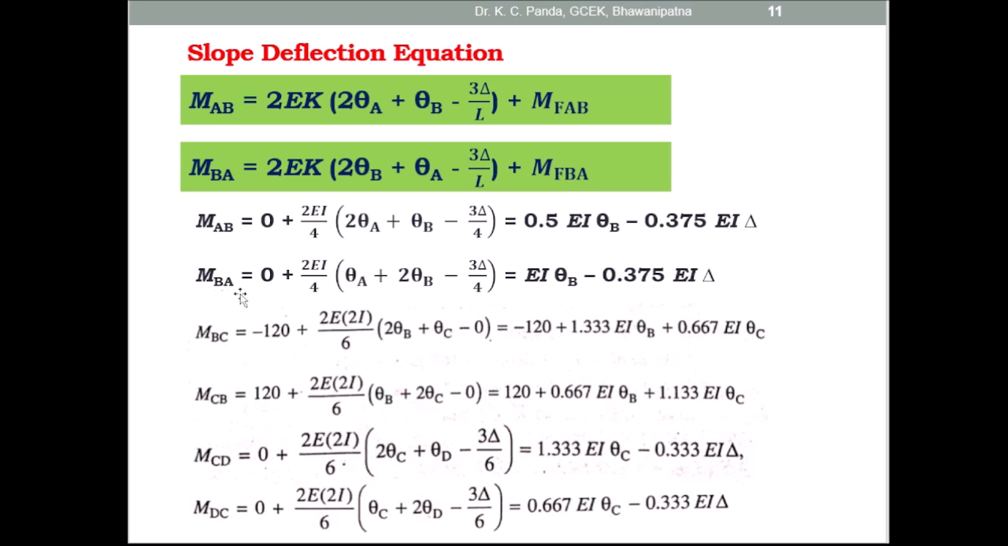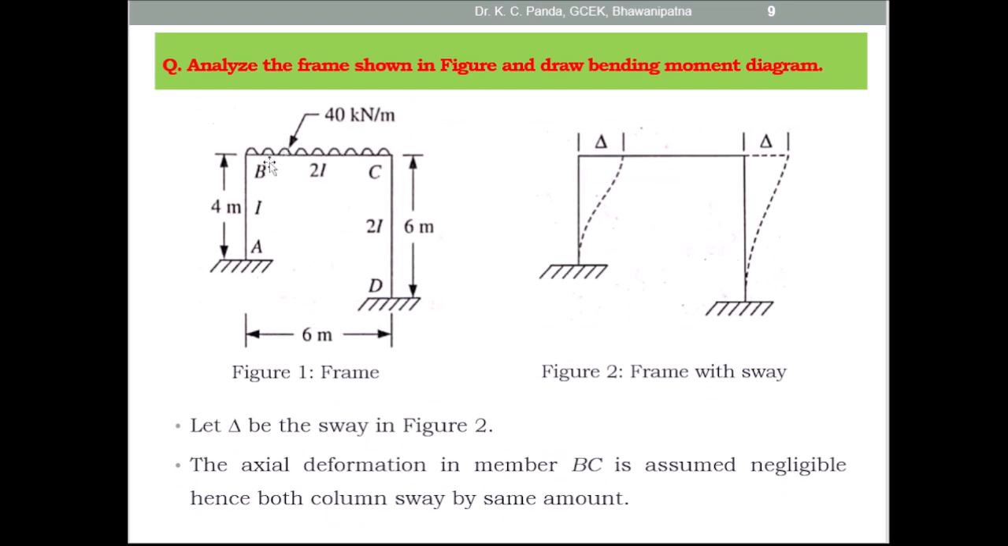Then MBA is equal to MFBA plus 2EI by L, theta A plus 2 theta B minus 3 delta by L. So here also theta A is equal to 0 and you have to put 2 theta B and delta and 2EI by 4. The span length is given 4 meters, so put it, and MBA is equal to EI theta B minus 0.375 EI delta. Then for BC, MBC is equal to MFBC plus 2EI by L into 2 theta B plus theta C,